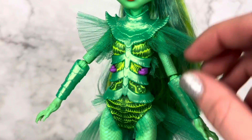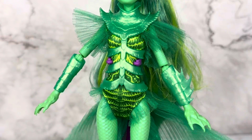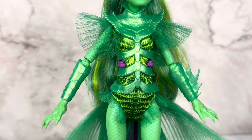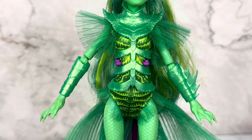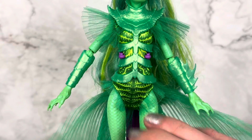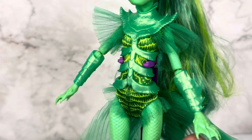So her outfit's pretty simple. I think it works though, in the context of the doll. Maybe, like, the $65. Okay. I mean, I feel like 65 isn't bad for her considering she's a licensed doll and she has a brand new head sculpt and all these really cool sculpted details, but the outfit is pretty standard Monster High, kind of cheapy. So nothing too extravagant here, but we have a bodysuit moment with little